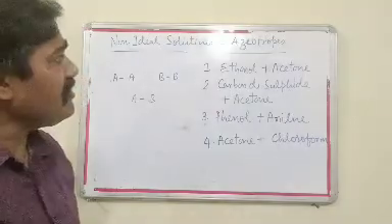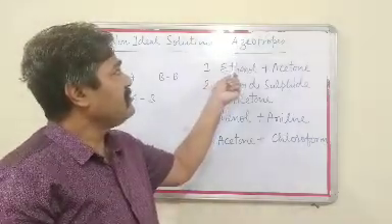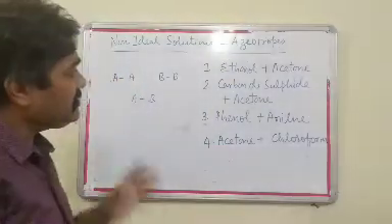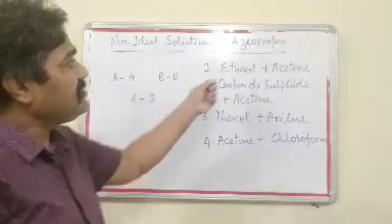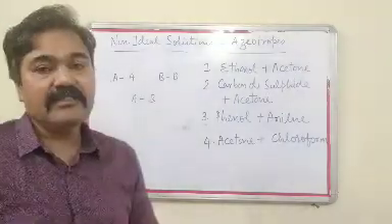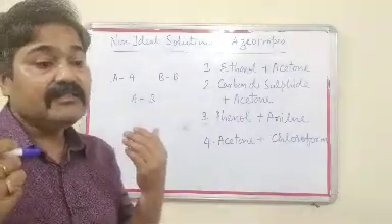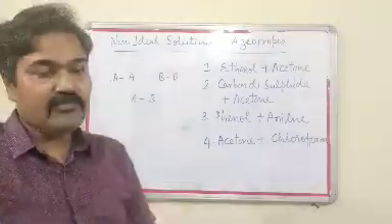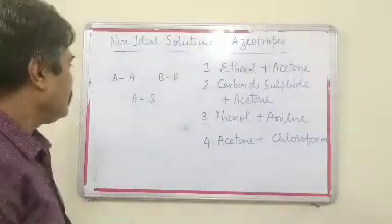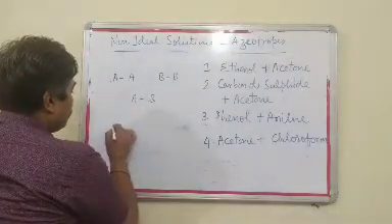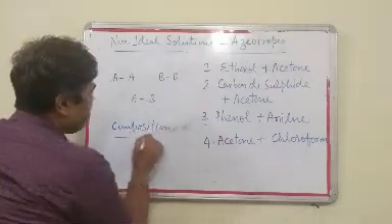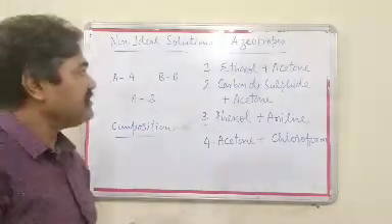Okay. Now another good topic is the azeotropic mixtures. First, we should know what is the meaning of the azeotropic mixture. Azeotropic mixtures are those mixtures which boil at constant temperature, or you can say in other words, they behave like a single liquid. They are a mixture of two, but they behave like a single liquid. And another good thing, the composition. On the basis of composition, we can also decide whether this is an azeotropic mixture or not.